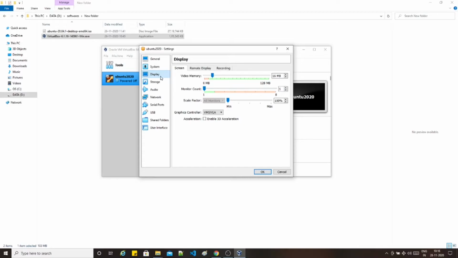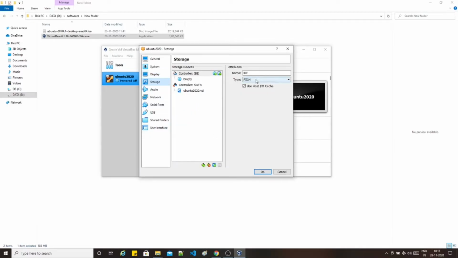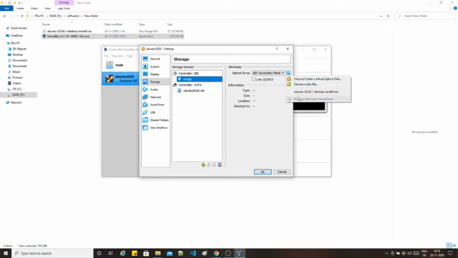Now if you go to display, you can keep everything as it is. Storage also you can just see. Here you have to select the Ubuntu ISO. You can see the controller IDE. You can click the empty one, and then this is the CD drive where you can select Ubuntu. Since I've already selected it, it's showing here.